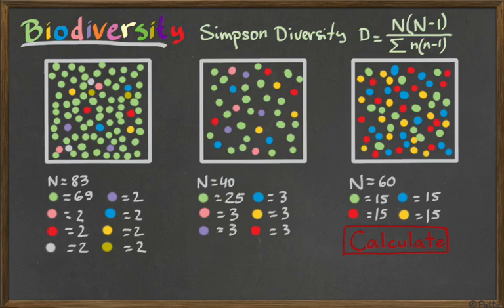Okay, now that you unpaused the video, if you did the calculation, you probably found something related to this. In the left one, the D was 1.45. The middle one, 2.47, and the right one, 4.21. This is showing us what? That the biggest biodiversity is going to be found in the biggest numbers. So the bigger this number is, the bigger the biodiversity. So 4.21 is a big biodiversity. 1.45 is a small biodiversity. Okay, this number tells us